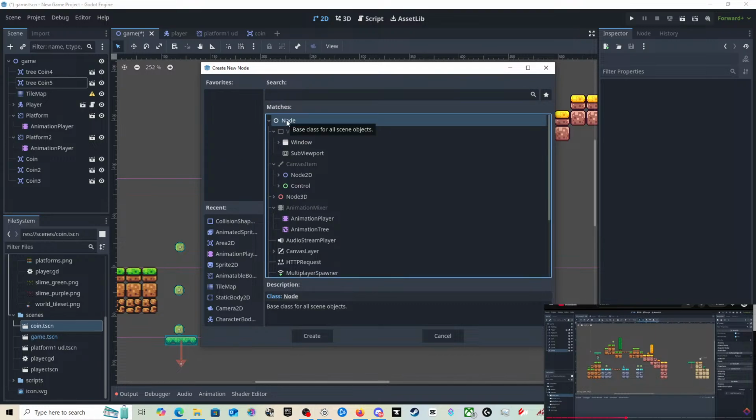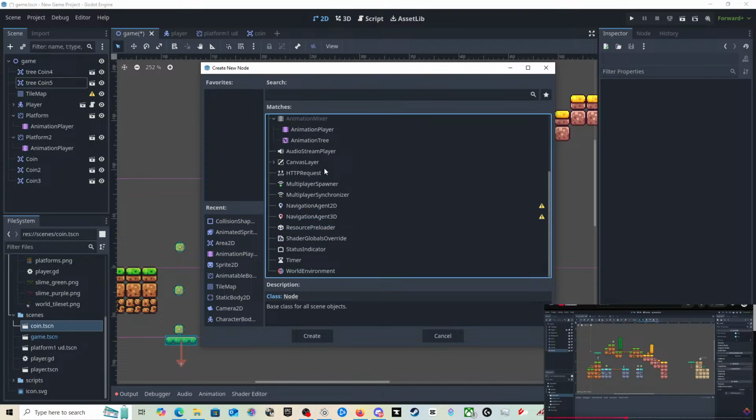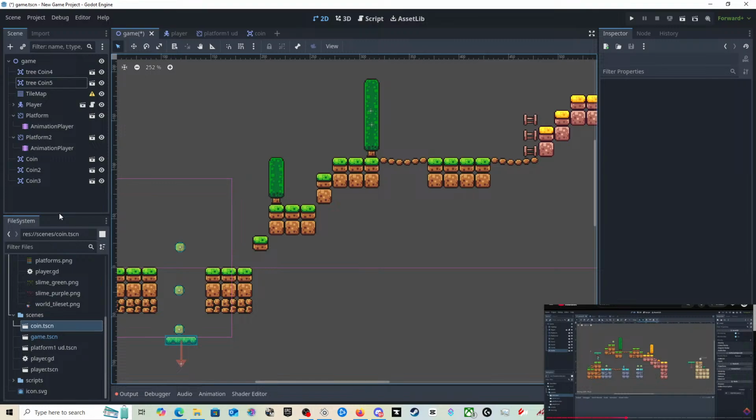So it's just node, isn't it? And then create. Cool. Okay. So now we've got 2 hidden coins.